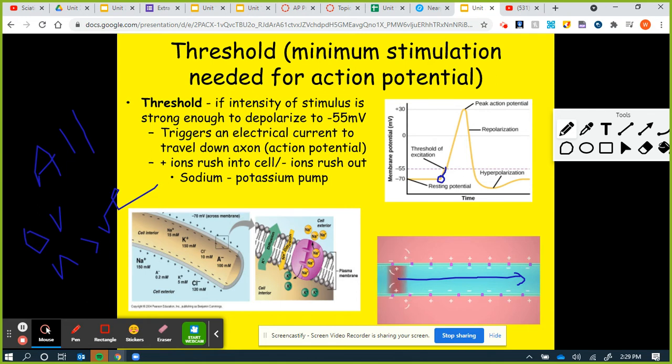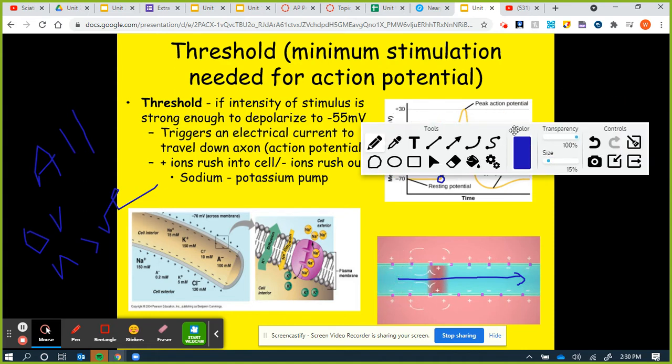It's like a gun. If you're pulling the trigger of a gun, once you reach a certain amount of poundage, 5 pounds, something like that, that gun is going off no matter if you want it to or not. Action potentials are the same way. Once it reaches the negative 55, positive ions rush into the cell, negative ions go out, what's called the sodium-potassium pump. It opens up, essentially, in the axon, we have gates, and the electrical signal travels from one gate to the next gate to the next gate. Any questions there?